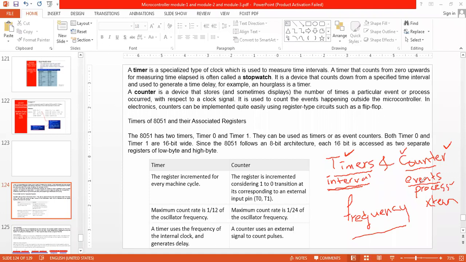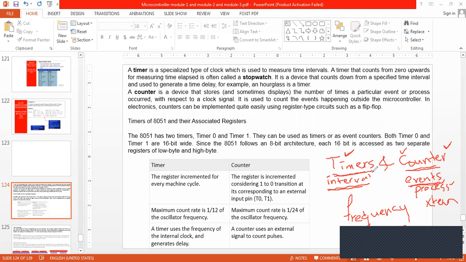That is event based timing, done through a counter. A simple time gap or delay generation is done by the timers.